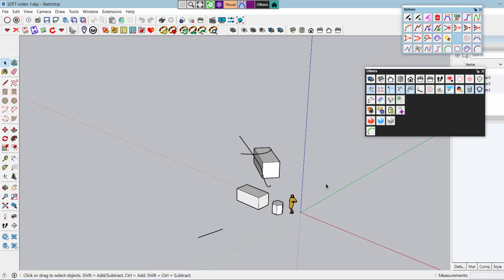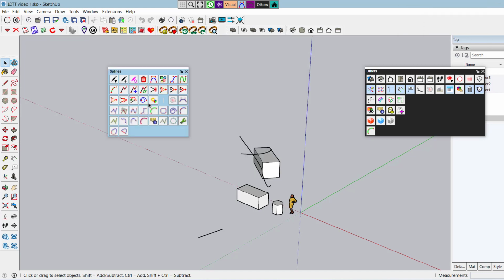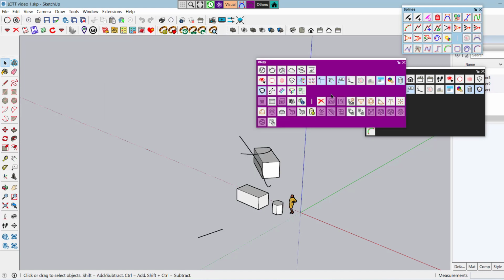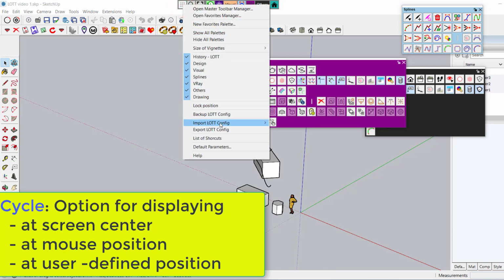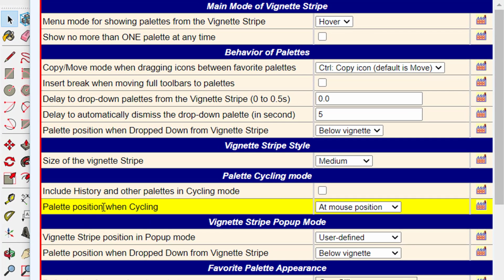By default, the palette will appear at the center of the screen, but you have other options to, for example, make it appear at the mouse location. So if you do that, the palette will show centered on the mouse. You can change this behavior by going to the default parameters, palette position when cycling.